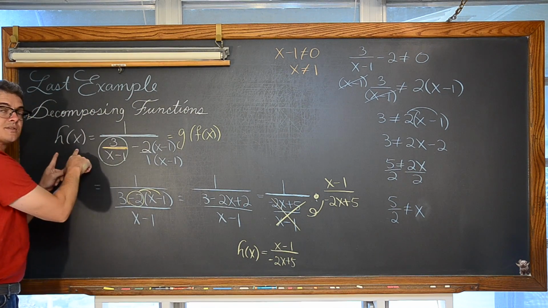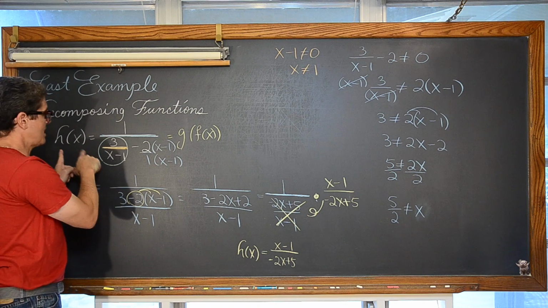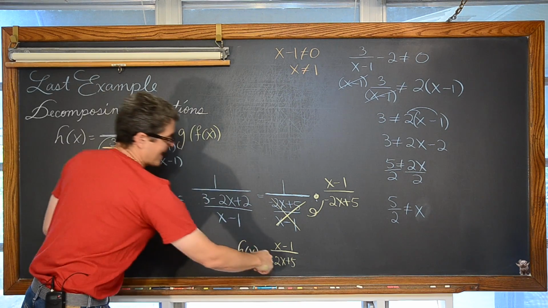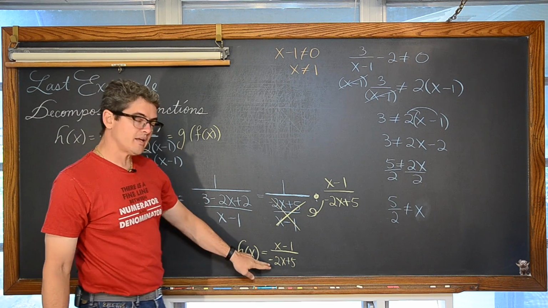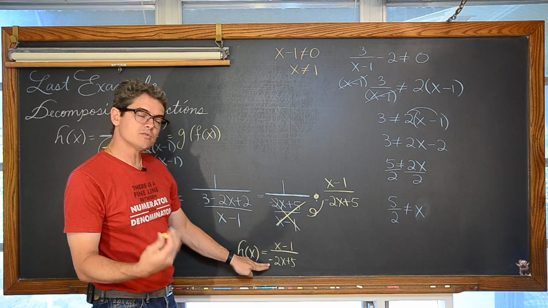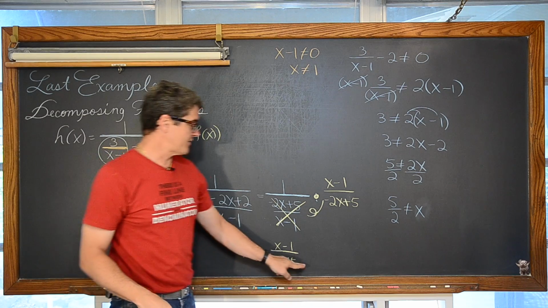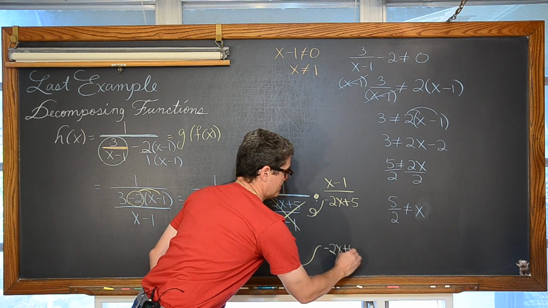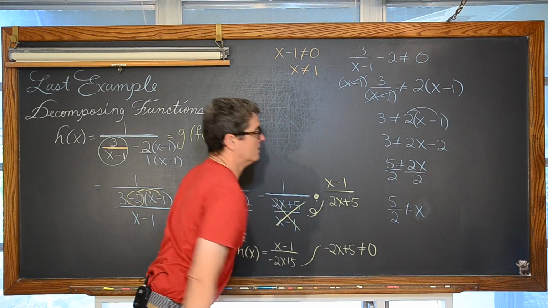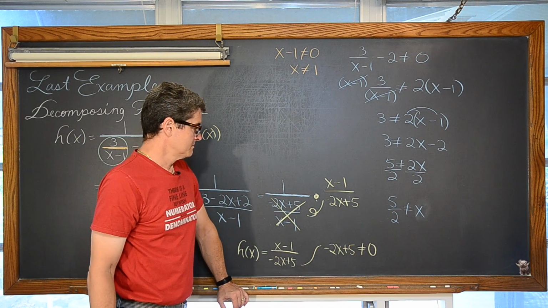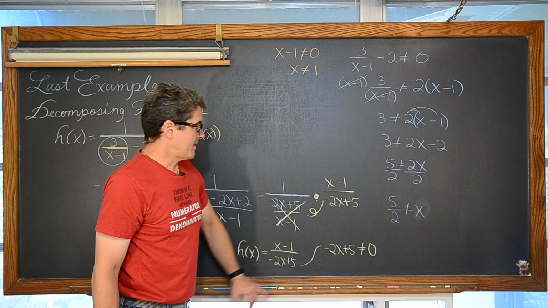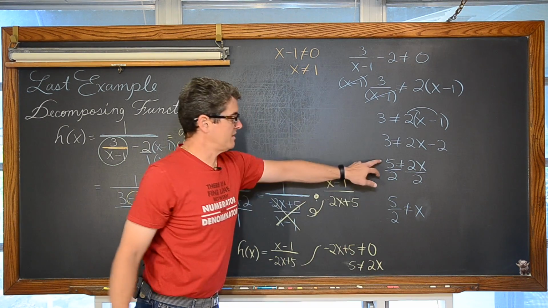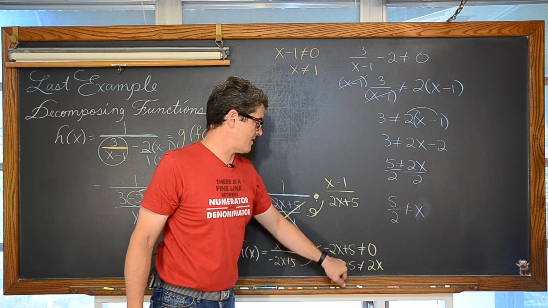If I look at this basically composition function and go to find the domain after I simplify, the only thing in a denominator is the negative 2x plus 5. And if I go to find a restriction on that domain, say negative 2x plus 5 cannot equal 0, well, if I add 2x to both sides, you see what's happening here? We have 5 cannot equal 2x.